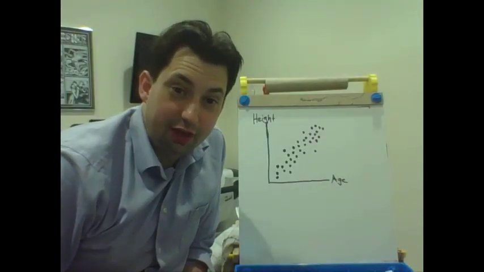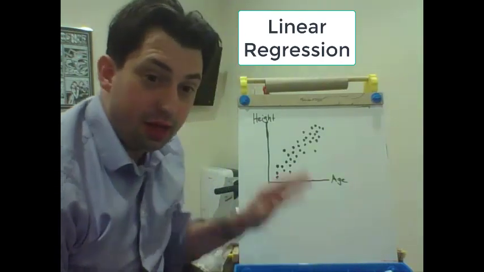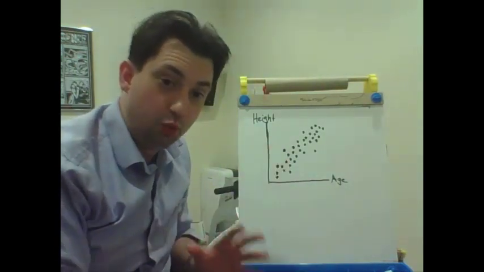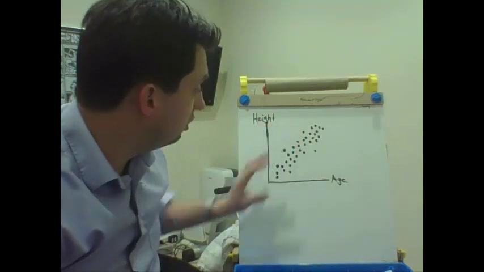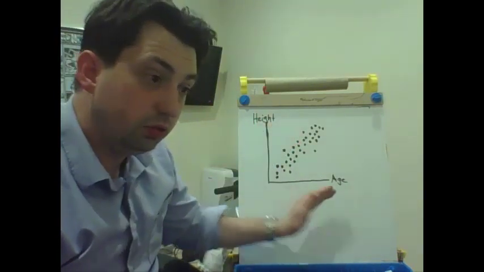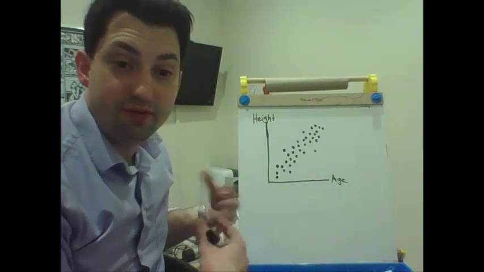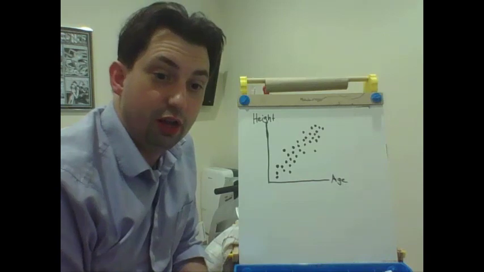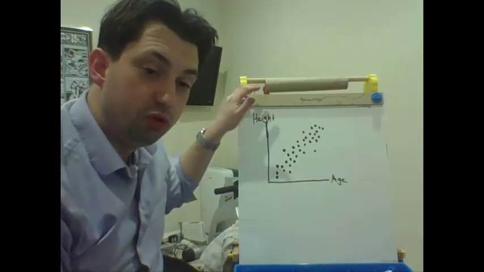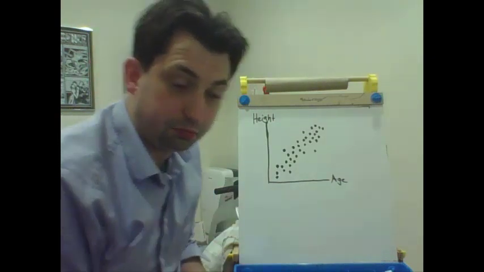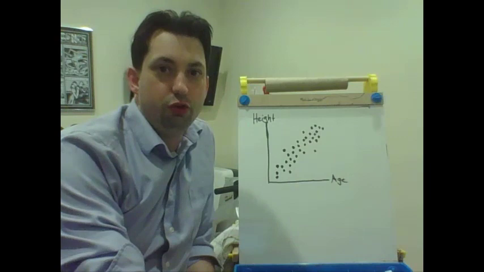Okay, so last class we discussed correlation, the idea that two variables can run kind of with one another. Here, for example, we have positive correlation, where as kids get older, they tend to be taller. We also could have negative correlation, such as you do more exercise, you tend to weigh less. Now we're going to take that one step farther, and we're going to introduce